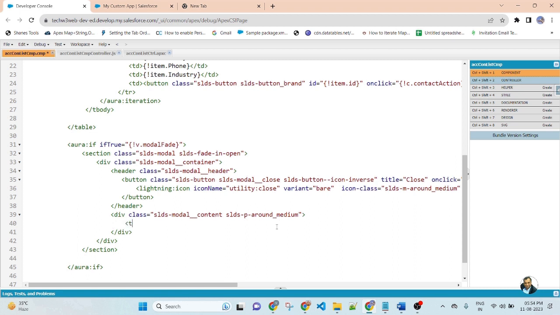Here I will create a table, class equal to SLDS table, SLDS table border, SLDS table col border.